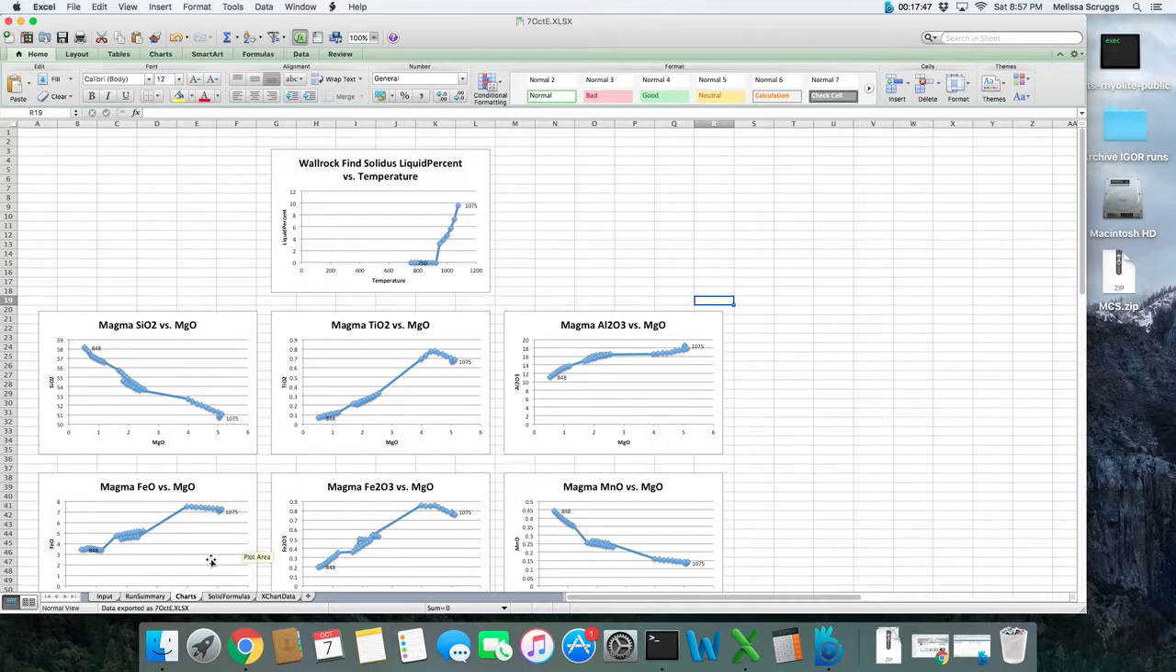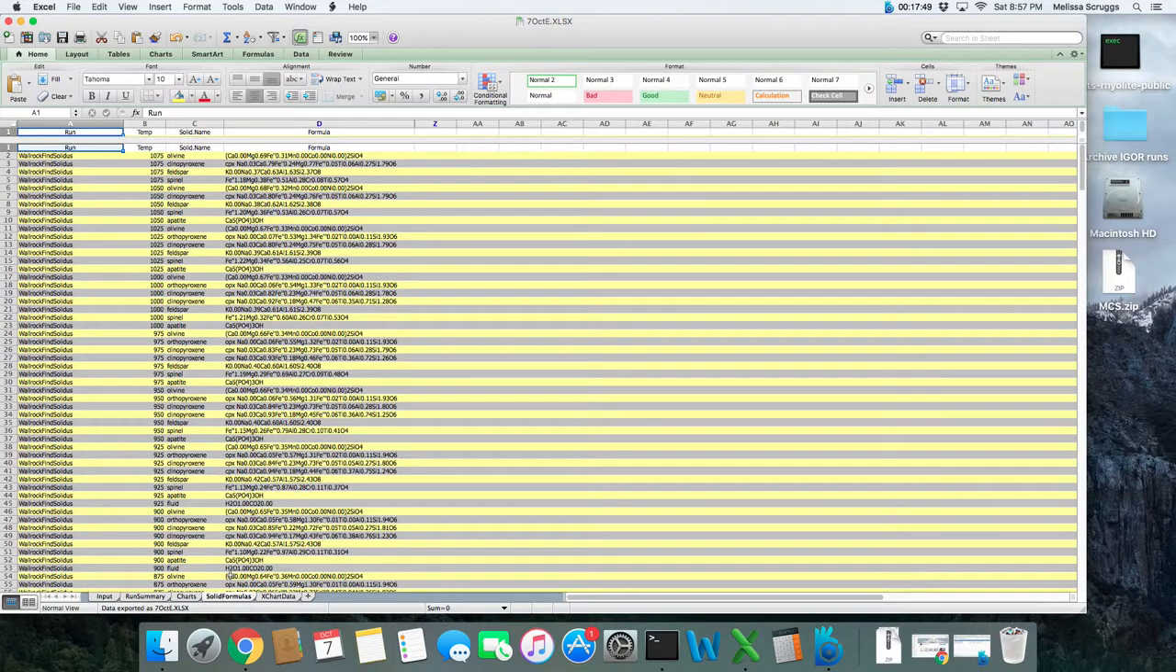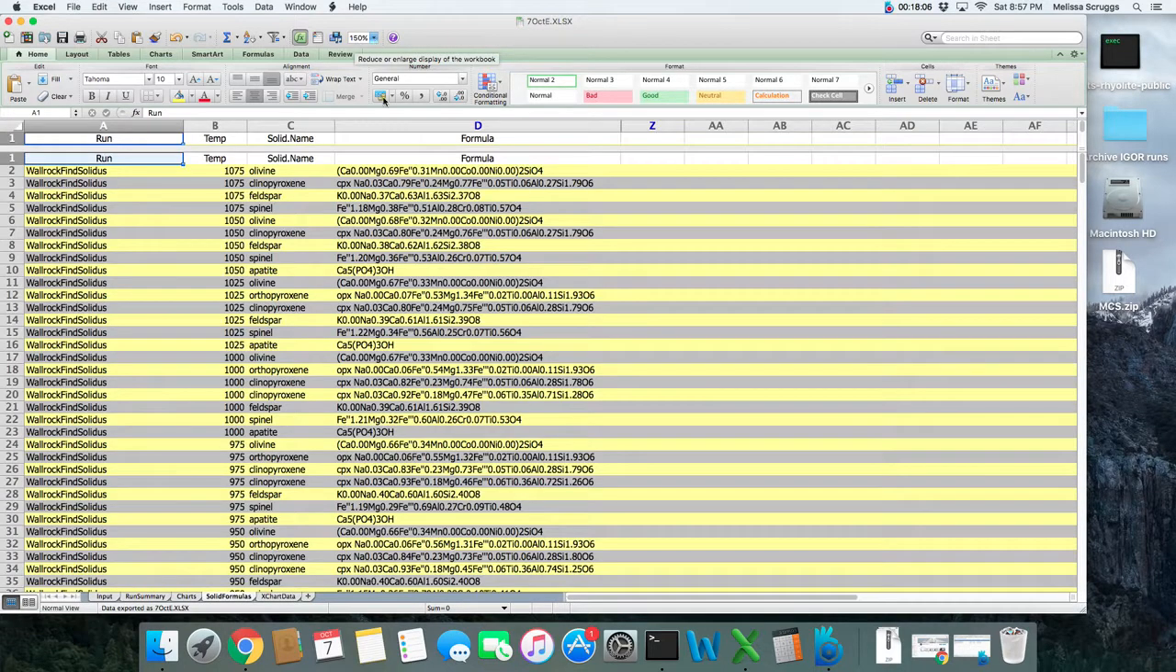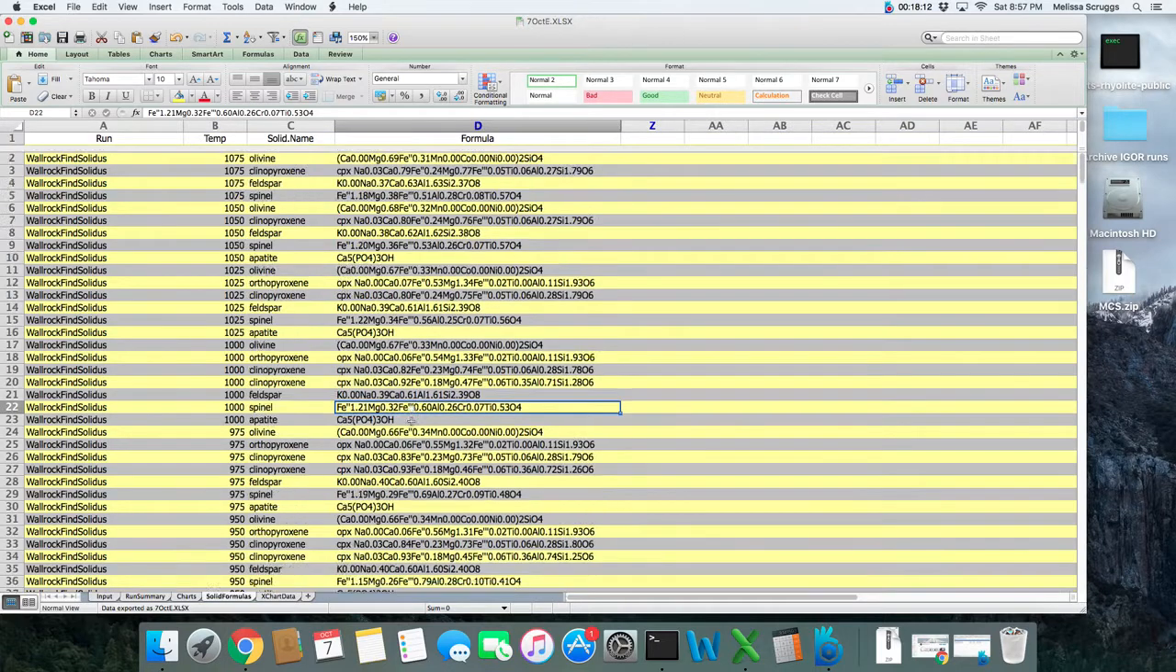The next tab is our solid formulas tab. This information tells you the composition of the phases present at each temperature step. It also tells you the compositions of the phases present during the wall rock prime operation. So if I go ahead and zoom in here, you can see that it's given in the mineral formula. So if I scroll down